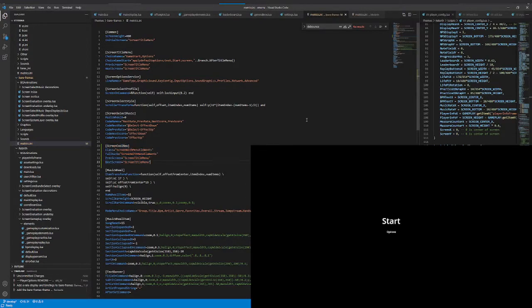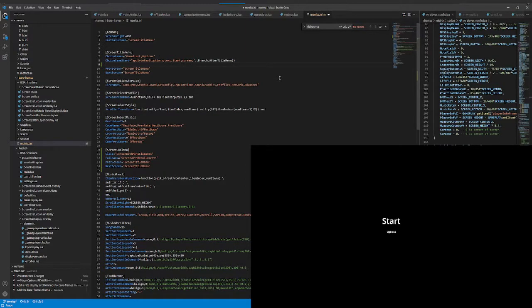However, that's not enough. The next step is, how do we get the entry that leads to this screen on the title screen? Well, here's the definition in metrics for the title menu. The screen title menu section has a set of choices. The choice names, game start and options here, will point us to the start and the options buttons. Game start refers to choice game start, and options refers to choice options, which is currently defined in a different file. I'm not going to get into how that works, but to add the option to the new screen here,